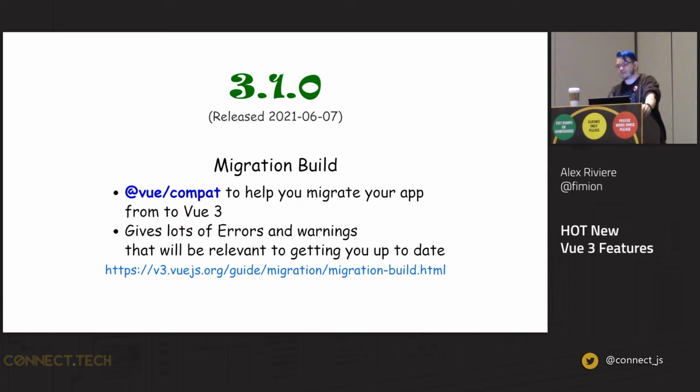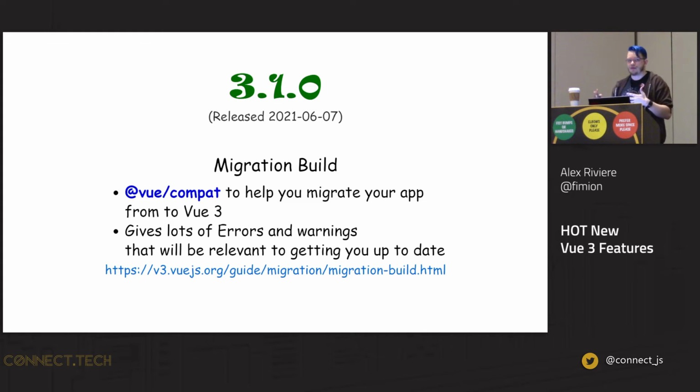We use $attrs and so on, right? So there's some changes there internally that are happening if you're doing some weird things with Vue. This will give you very helpful error messages, warnings saying, hey, this is deprecated, don't do that anymore. Hey, this is a better way of doing it, don't do it like this anymore, and just sort of help